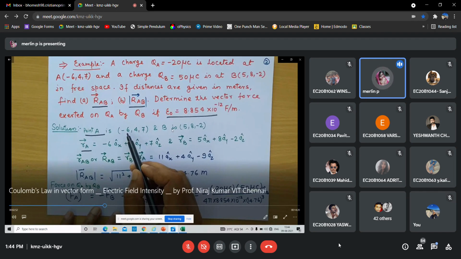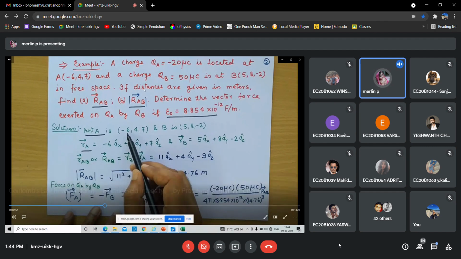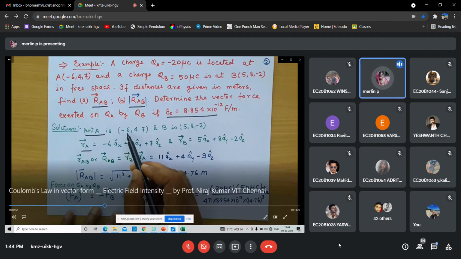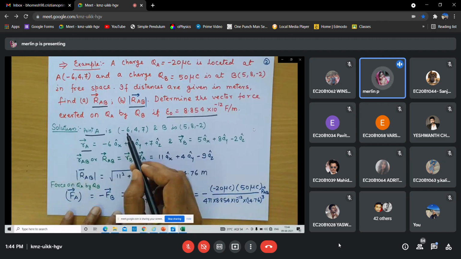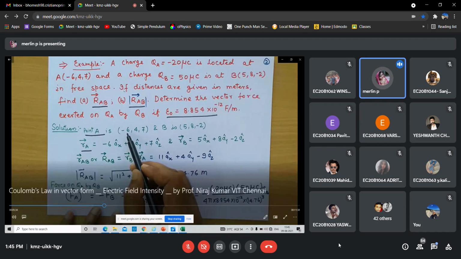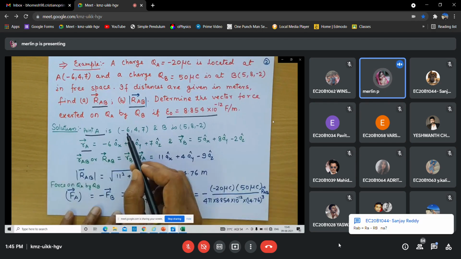They have given some charge placed on one point and some charge placed on this point, in free space. We have to describe in vector. If it is given as a vector, we should obtain the distances and in what direction the force is there, and define that. But in scalar we will define only the magnitude of the force. Here in vector we have to define with respect to direction and all. So if the points are given like this, you can understand that the force vector form is like that.